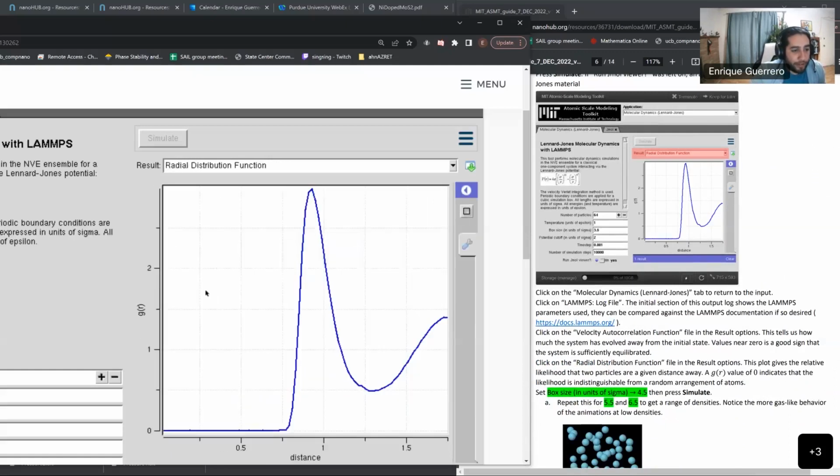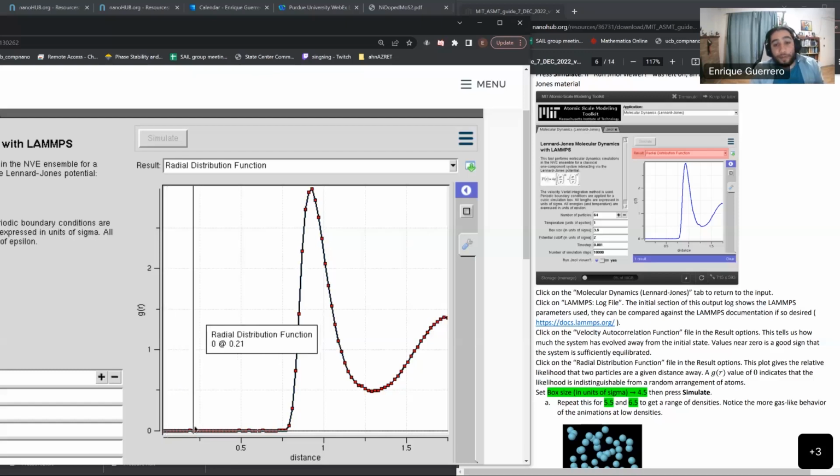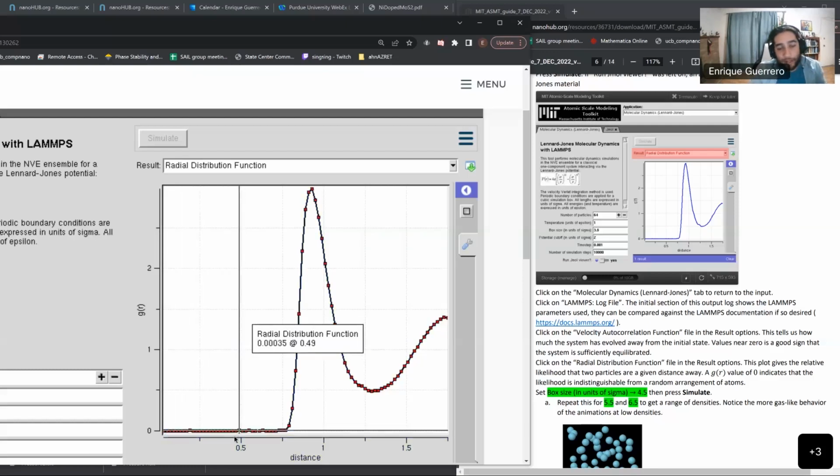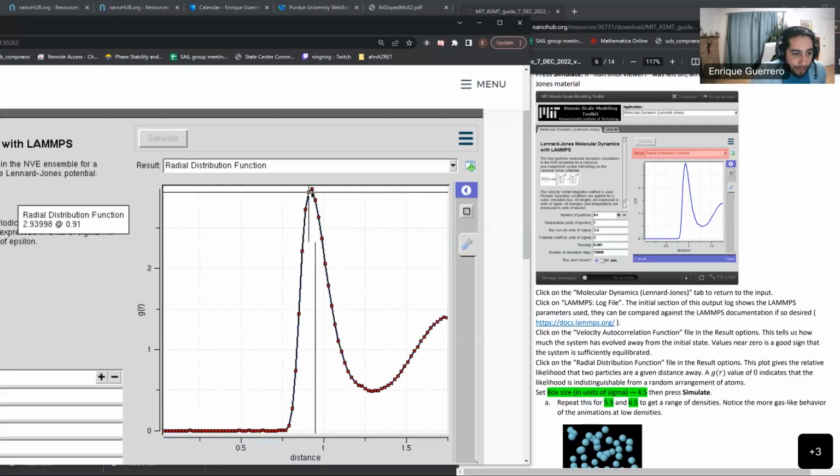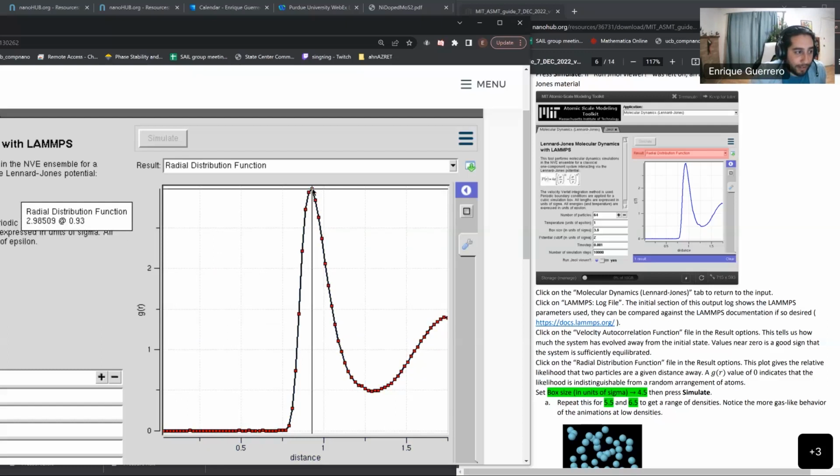There's also this radial distribution function, and what this function is, is the relative probability of where the atoms should be. What I mean by that is, suppose you have two atoms, and if they're 0.5 away, this plot is telling me that there's like a 0% chance that they're that close, and they really should not be with this potential. There's a relatively high likelihood that they're at this distance,